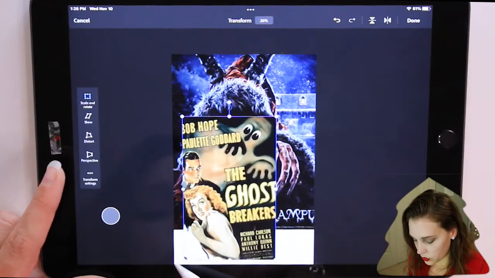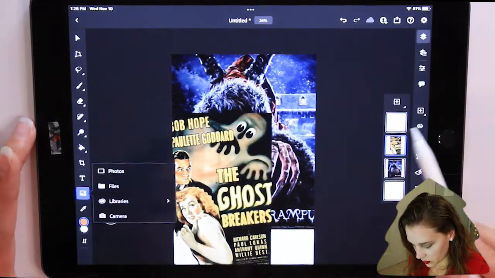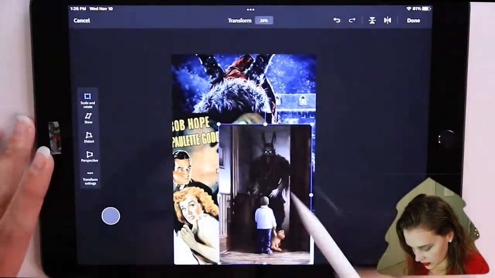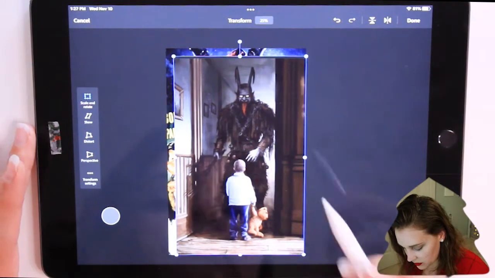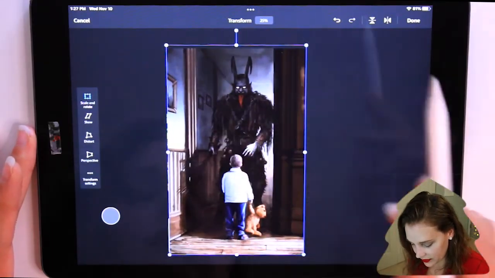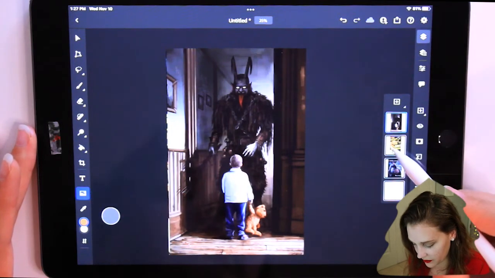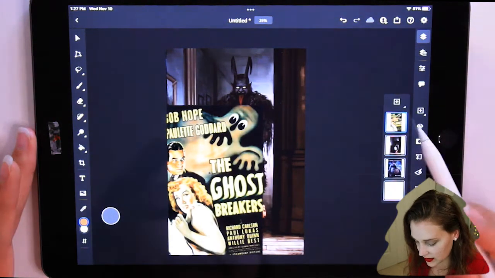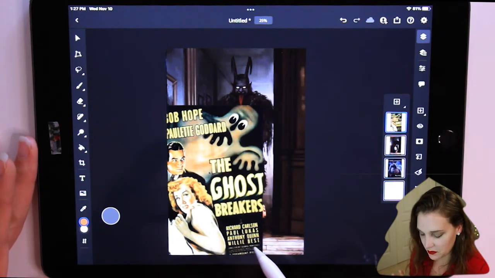I do have a few versions of Krampus here. However, I don't know which one I'm going to use yet for a different version of Krampus. This Krampus, creepy. There we go. All right, let me move her layer up and let's get into creating this movie poster with this poor scared